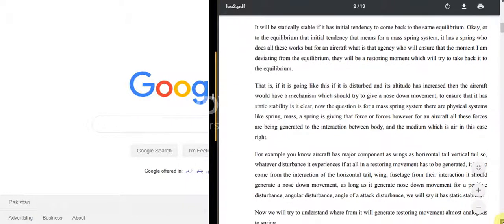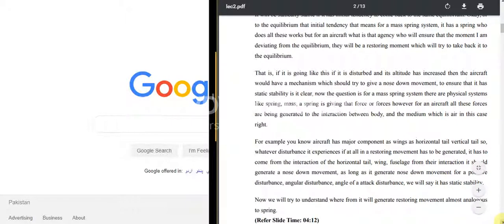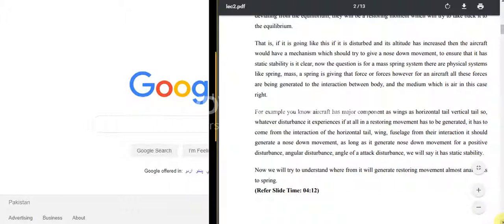So for example, an aircraft has major components such as wings, horizontal tail, and vertical tail. Whatever disturbance it experiences, if a restoring moment has to be generated, it has to come from the interaction of the horizontal tail, wing, and fuselage, and it should generate a nose down movement. As long as it generates a nose down movement for a positive angular disturbance, an angle of attack disturbance, we will say it has static stability. Okay,